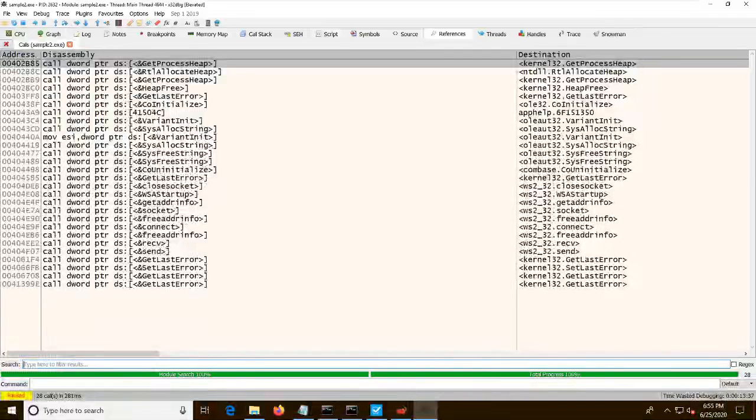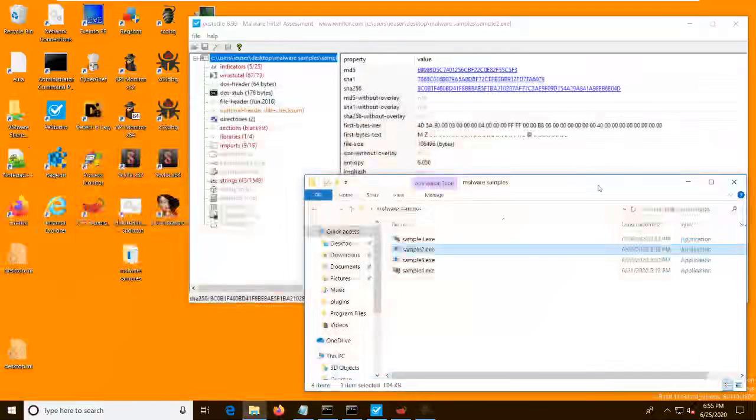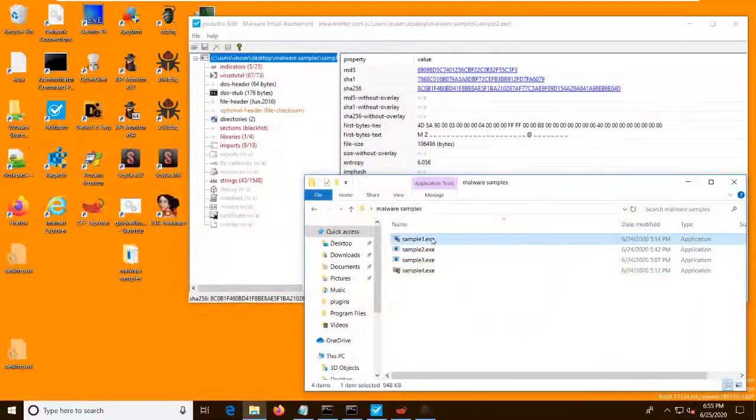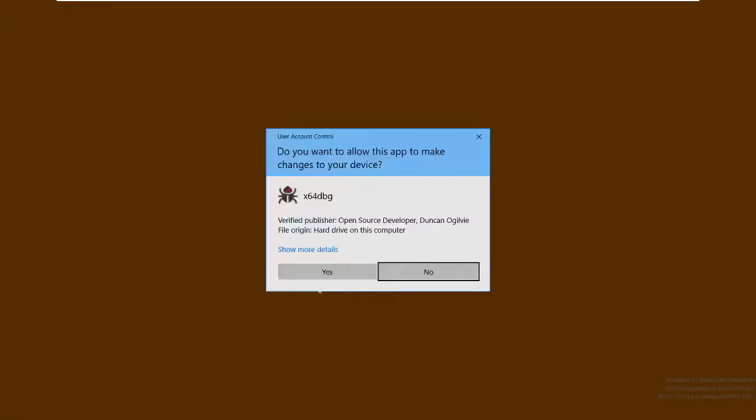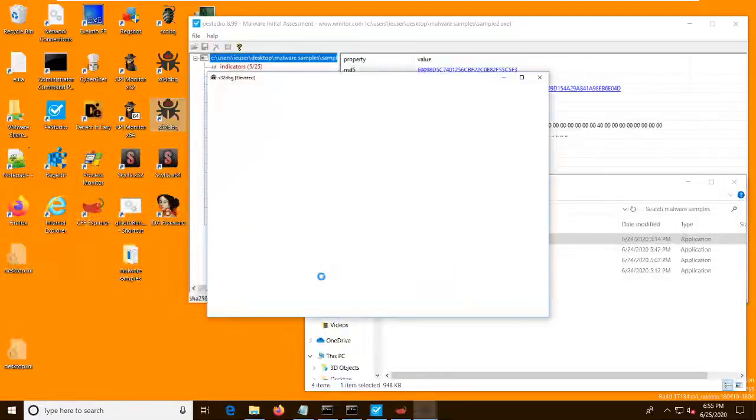Now, this one's an interesting piece of malware because, of course, it has some obfuscation where we can see the names of APIs. We don't see them directly imported. I'm going to drag, this is currently sample 2, I'm going to drag sample 1 in because it doesn't have as much of that, and we're going to drop that into X32 debug so that I can show you another example of this, right? Okay, so here's X32 debug with sample 1,